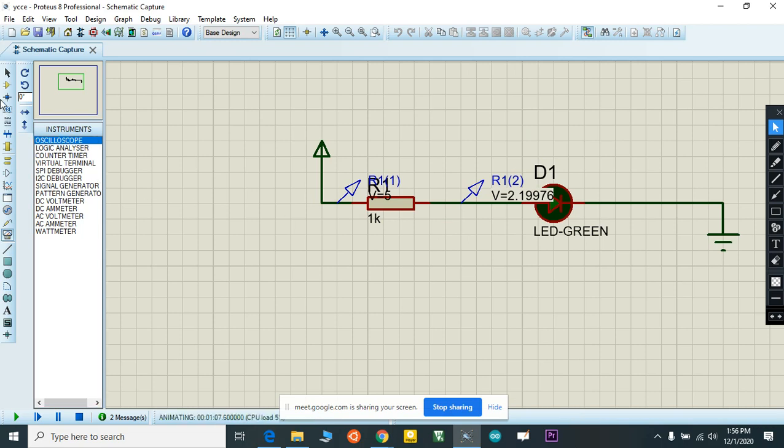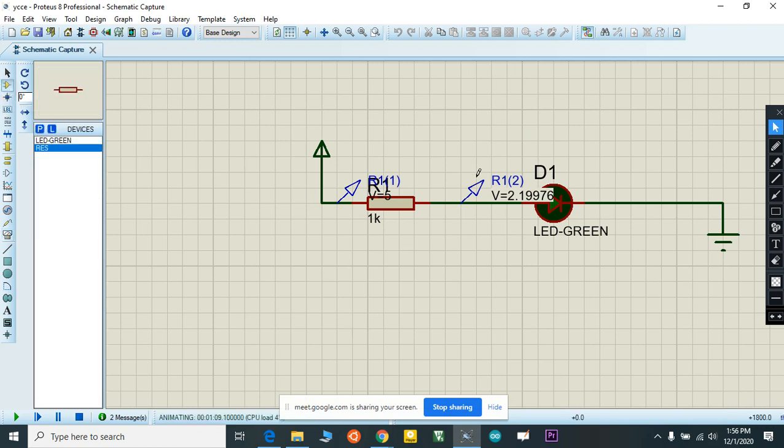Okay. Now I'm going to do a small design. I want to design a voltage regulator. I want to convert 230 volt into 12 volt or 5 volt. It's a basic lab experiment, designing a voltage regulator. Okay, we are going to do that here.